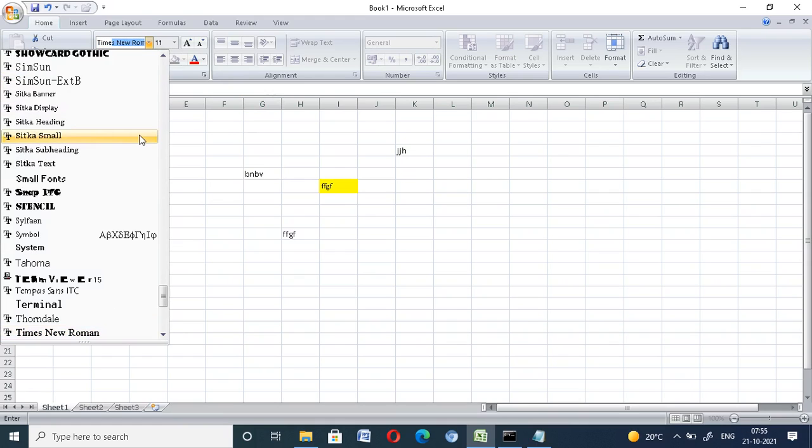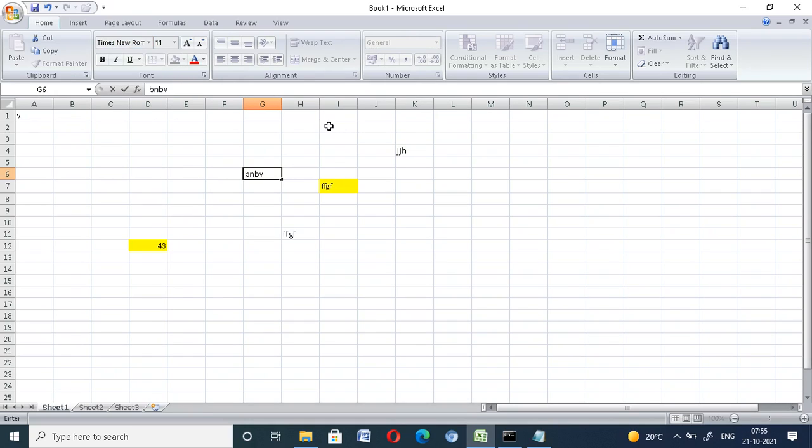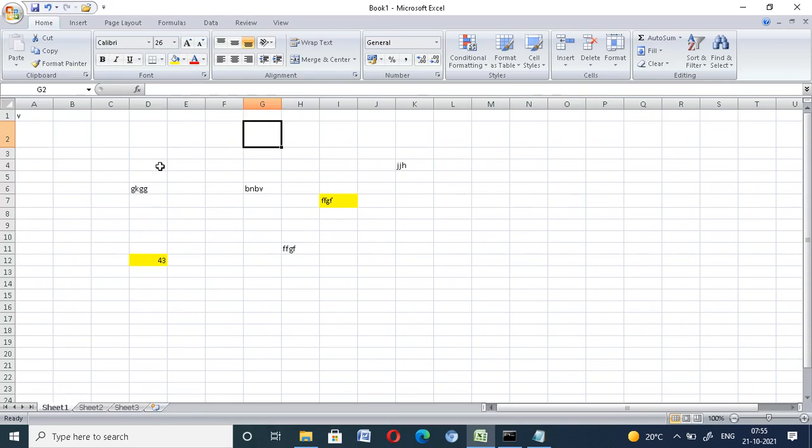If you want to change the size of the font, check this, like 36, and the size changes.